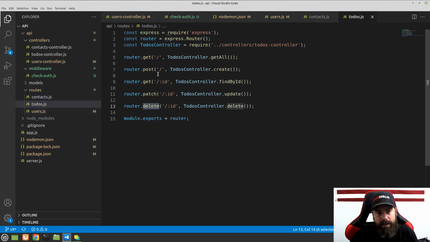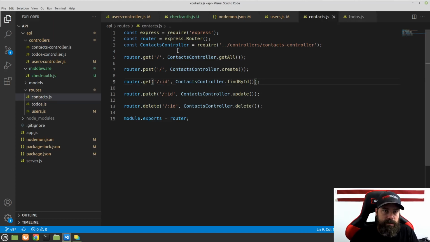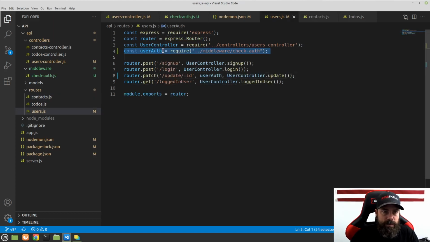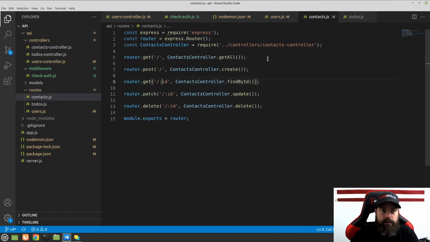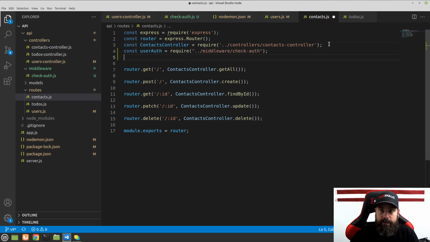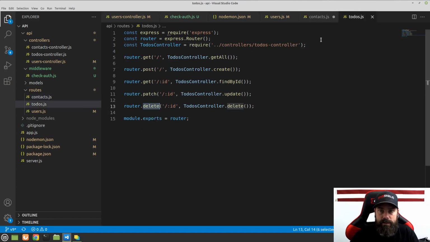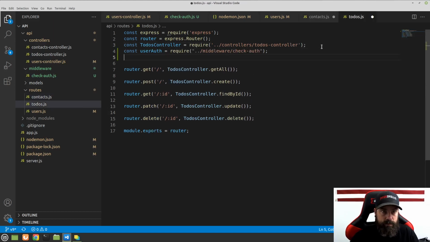You know what, I just changed my mind. That's going to be such a short video because it's only these two files that need to be changed. So let's just go ahead and knock that out really quickly. So yeah, we're going to go ahead and go to the users and grab the user auth middleware and add that to contact routes and the to-do routes here. And let's just go through here. The get, yes, we want there to be,